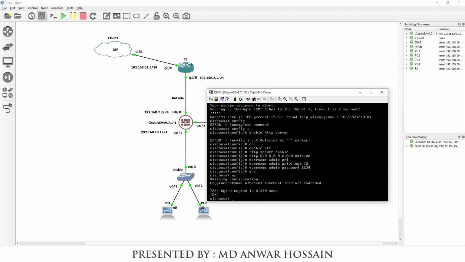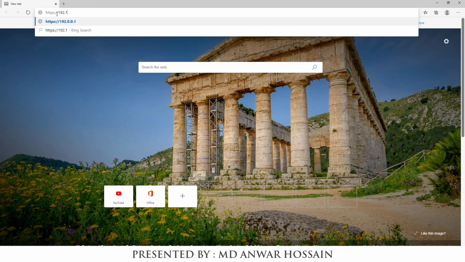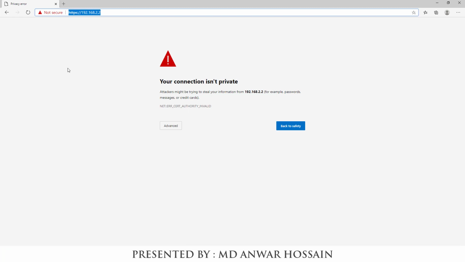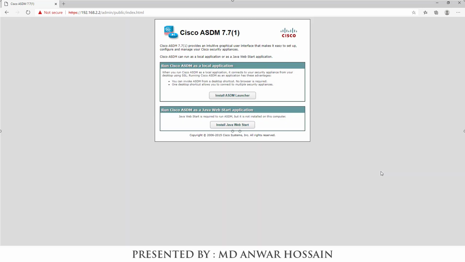So open a browser from the physical host and then browse https://192.168.2.2. Here we can see install Java Web Start and install ASDM launcher.